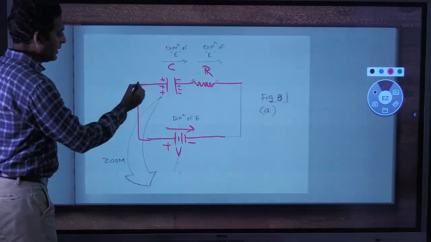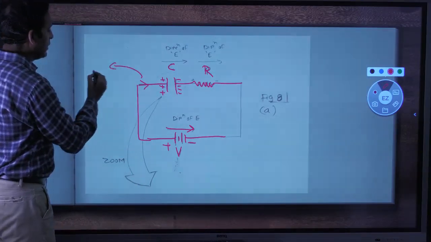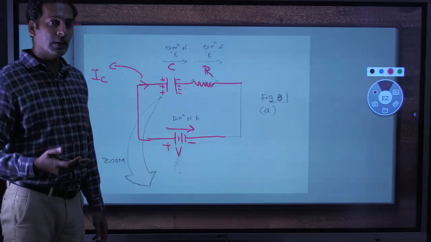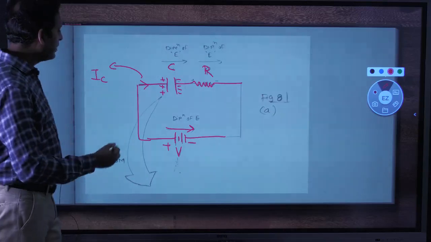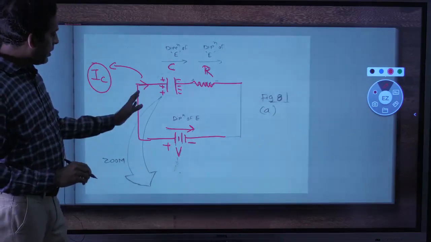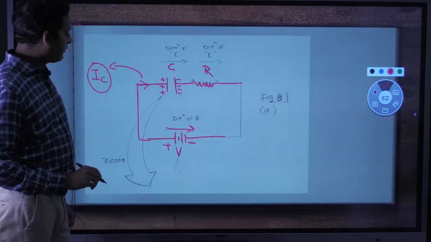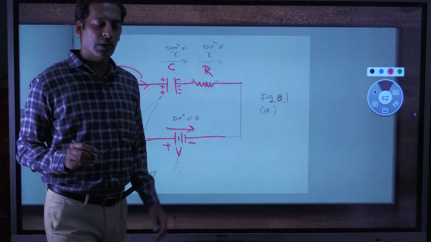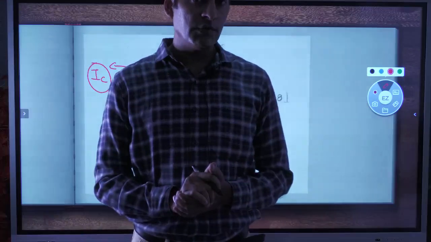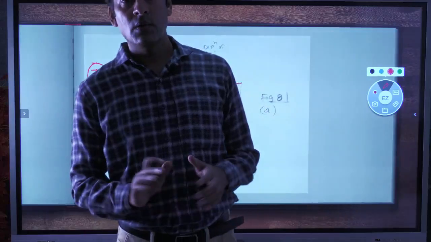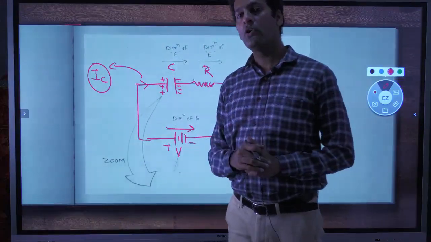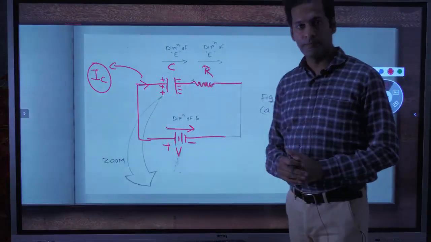The first type of current in this circuit is called conduction current, that is IC. The wire current, the current flowing in the wires, is nothing but IC. Now, what is the definition of a circuit? A circuit is a closed path. That is the basic definition. If we break the path, we are not supposed to get the flow of current. But this is not true for the capacitor.